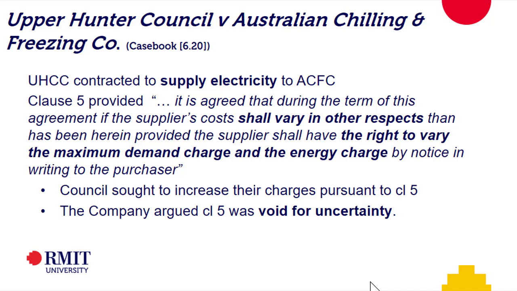So line charges might represent 2% of their overall price. So they're just going to put the whole thing up by 5%? Or do they put it up by cost? Do they put it up by cost plus? What does it mean? Doesn't say any of that, does it? It just says if our costs change, we can vary our price.